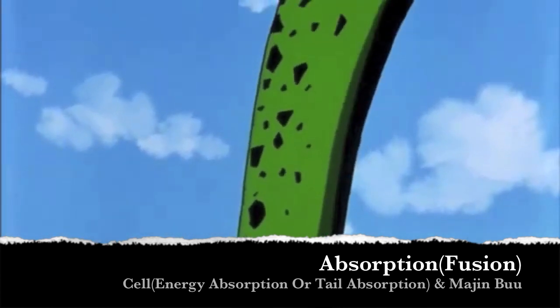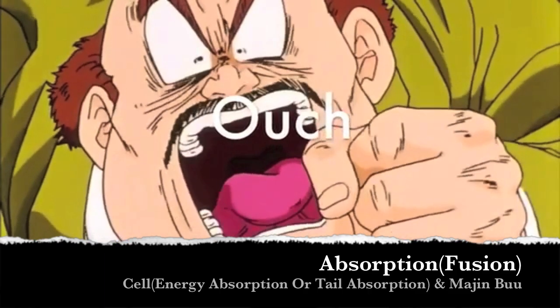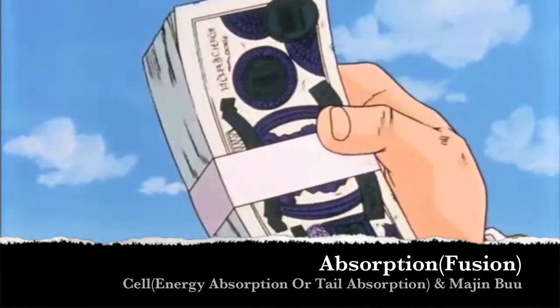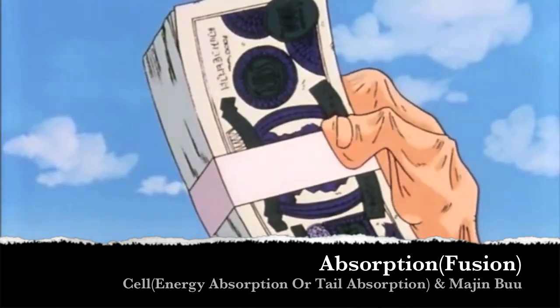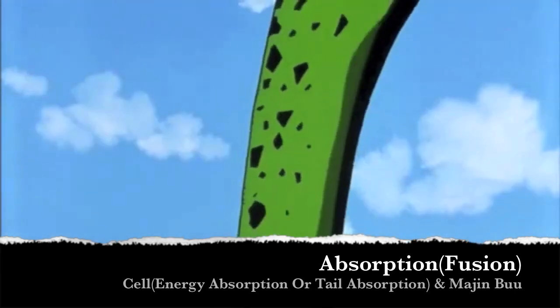According to Cell, this is how he feeds, as he often licks his lips after he consumes a large population or an android. He also states that the more he eats, the hungrier and stronger he becomes, which I personally think is cool. While this form of absorption is unusable on partially mechanical beings and is much less versatile